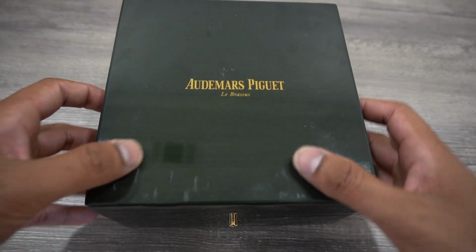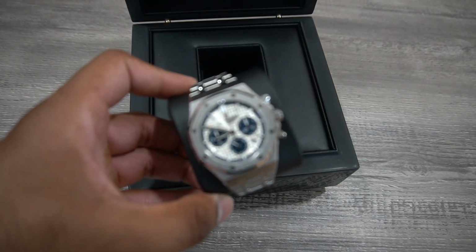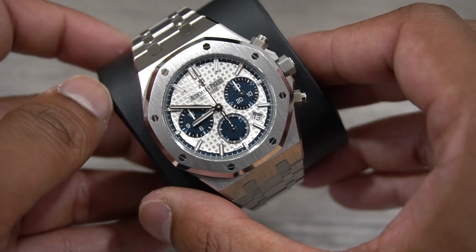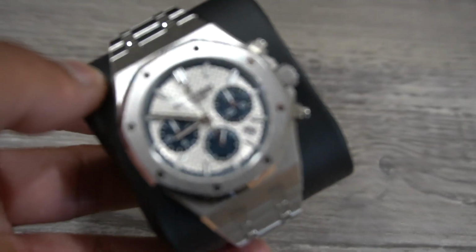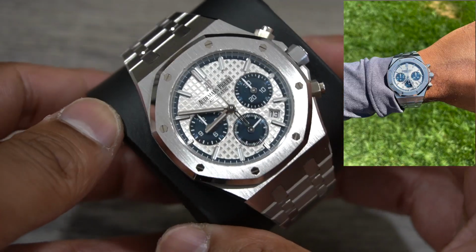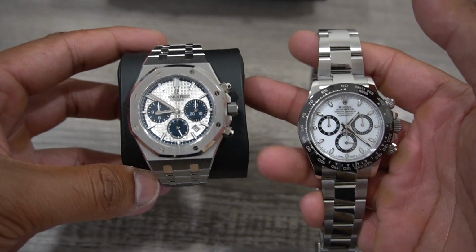All right, here is the AP box. It's a little dirty, it's like a fingerprint magnet. Let's take a look at this piece. Insane. The finish on these APs are just like absolutely beautiful. Look at this thing. Look at that dial. And this is indoors. Outdoors, I'll put a photo up. It looks even better. But again, this is 38mm. Let's compare this next to a Panda, and you guys will see